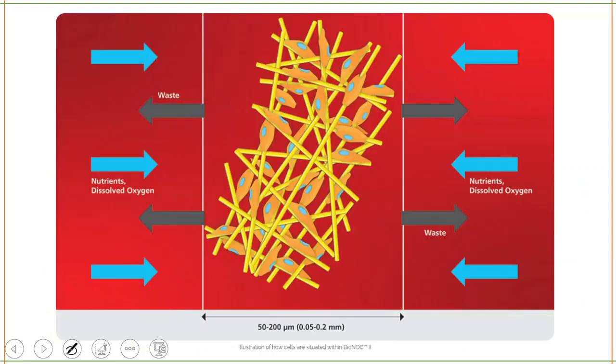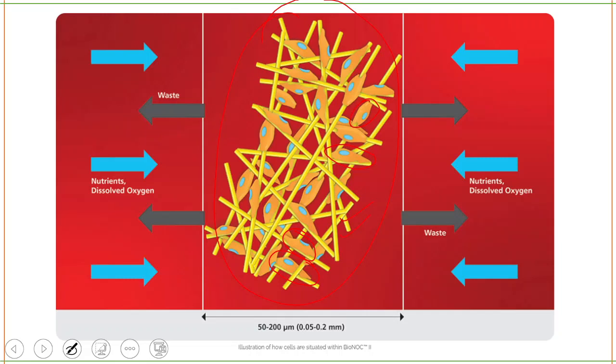So you can see the structure of a matrix, this microcarrier and macrocarrier. You can see here, these are the matrix. The yellow color stick-like structure is the carrier, and you can see in between them the cells are growing. These are cells. Can you see? These are the cells, how they are growing inside the matrix, micro as well as macrocarrier.